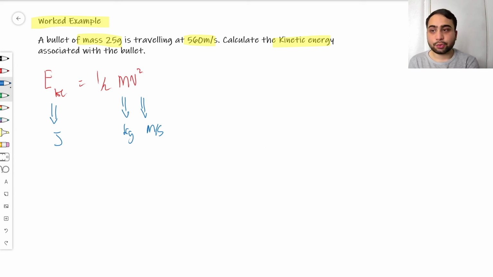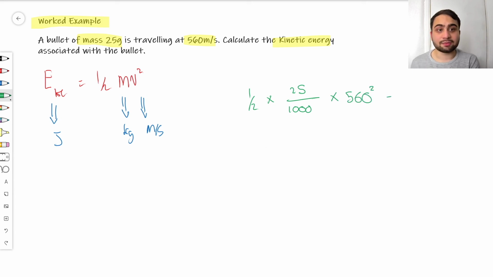Okay, so we can just do that in the actual formula line itself. So let's just substitute all our values in. Half times, now we need to convert our mass into kilograms. There are 1,000 grams in a kilogram, so we just do 25 over 1,000 multiplied by 560 squared, because remember it's velocity squared. That gives us 3,920 joules. Okay, so that's our answer right there, and that would be